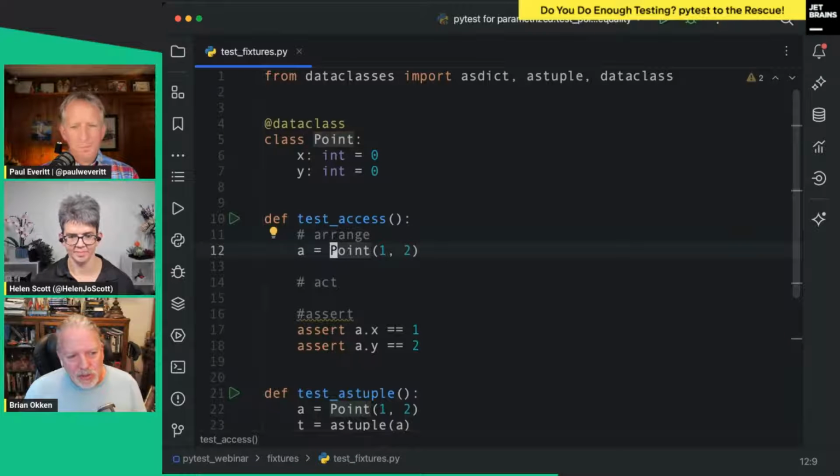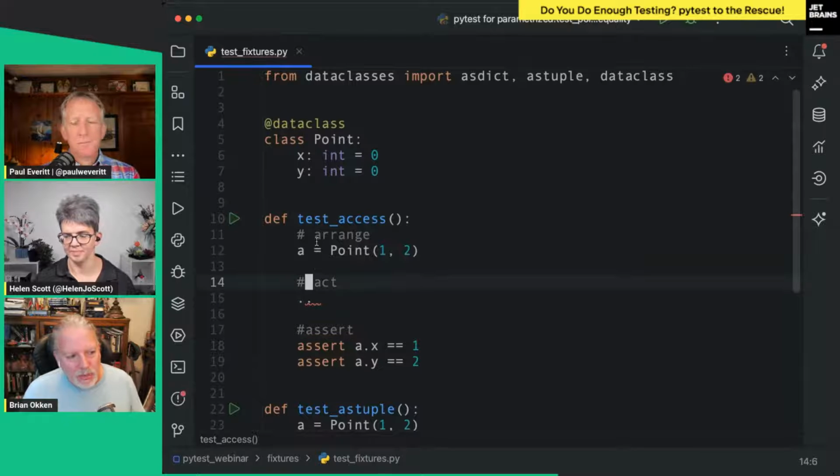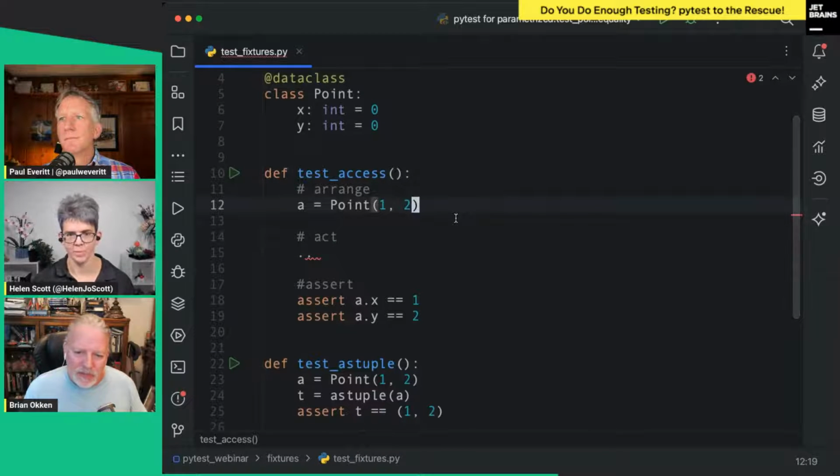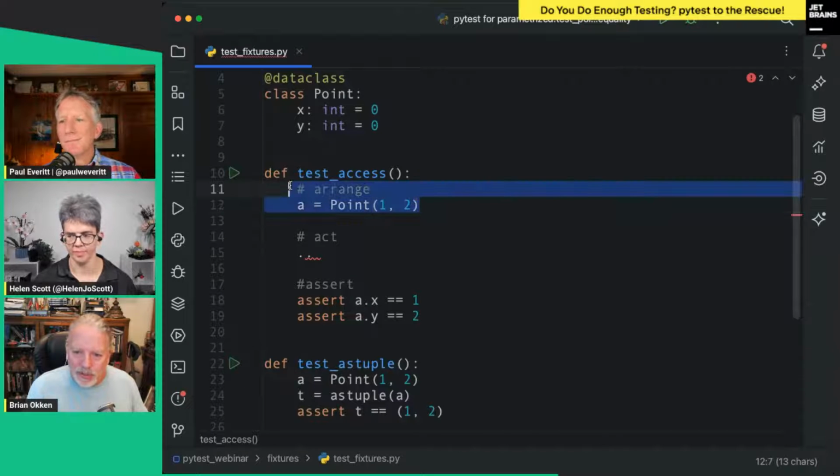But we can look at this arrange part, and often in a lot of tests, the arrange is extensive. So you'll have one little function call for the act part, and then we'll check some stuff. But the getting ready part is like connecting to a database, filling it with some data. There's a whole bunch of getting ready. And if that is huge, it takes away from the test, and you might not really understand what's going on anymore. It's not very readable. So if we could pull this out, it'd be great.